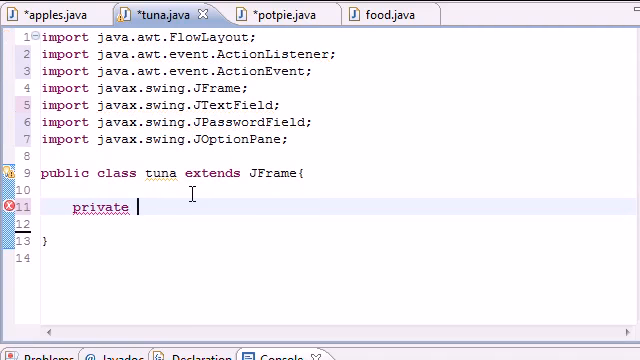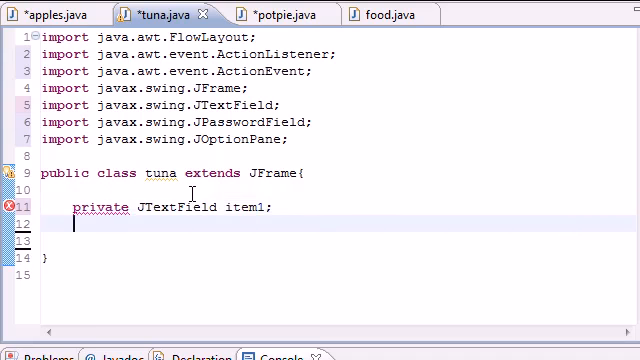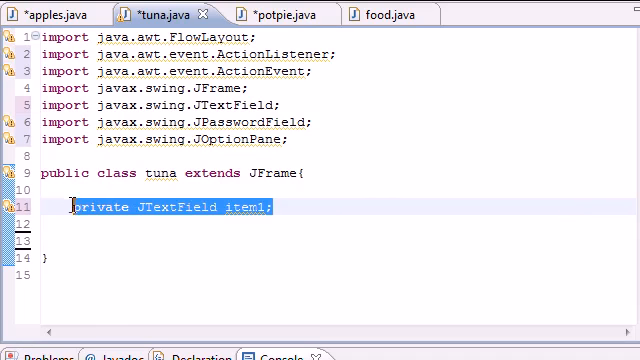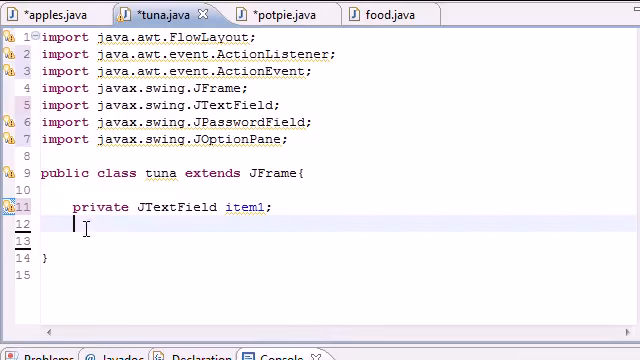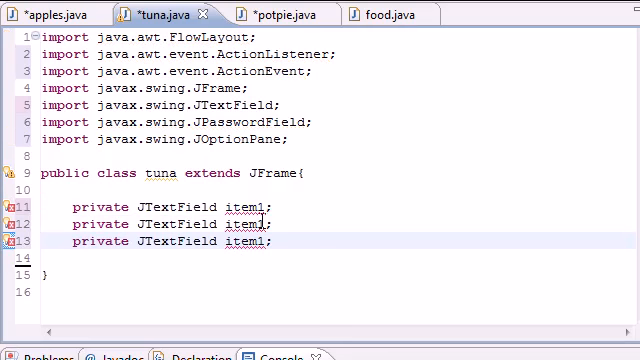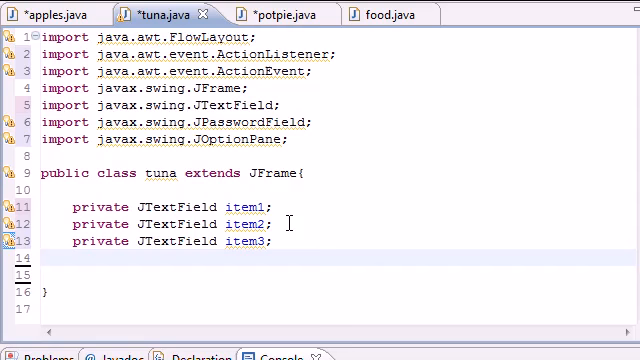Let's make our first text field first. So private JTextField, and you can name it anything you want. I'm just going to name mine item1, and I'm going to make 3 of these. So I'm just going to copy this because I am extremely lazy. item2 and item3. And the last,